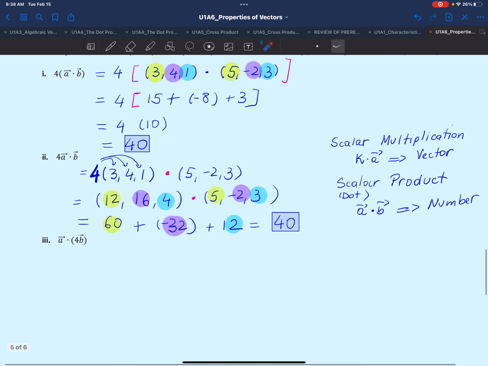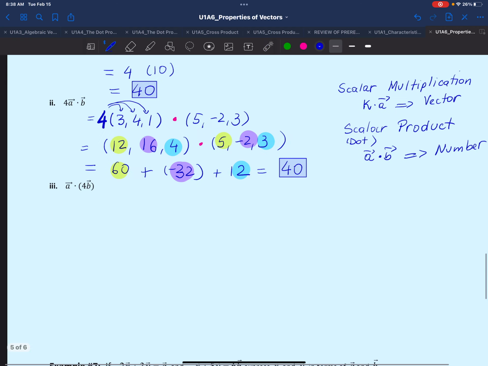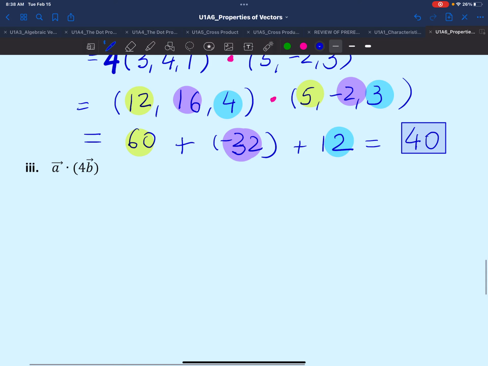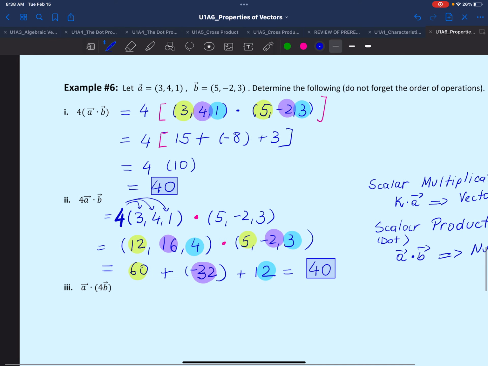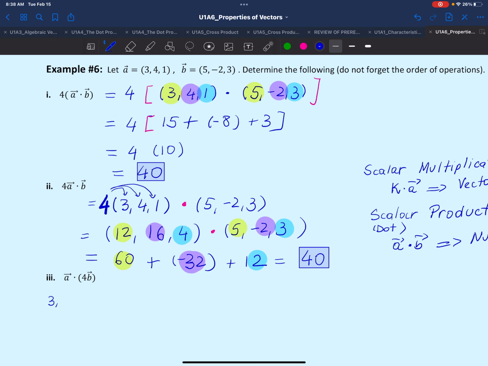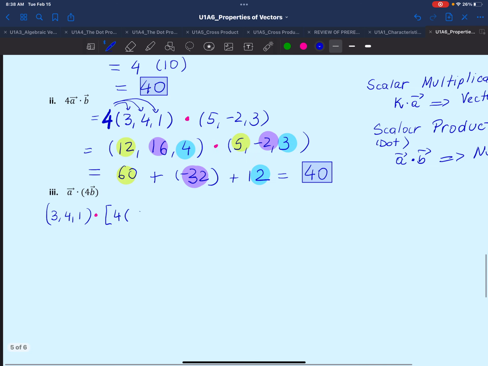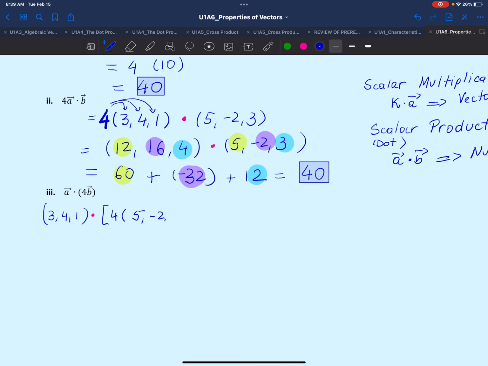Now, in the next question, we'll multiply vector A with a scalar multiple, 4B. So that means that we start off with vector A with coordinates 3, 4, 1, and we'll dot product it with 4 times vector B. And vector B is 5, negative 2, 3. That's vector B, right? So we have 3, 4, 1,